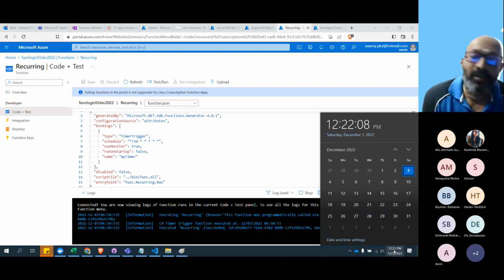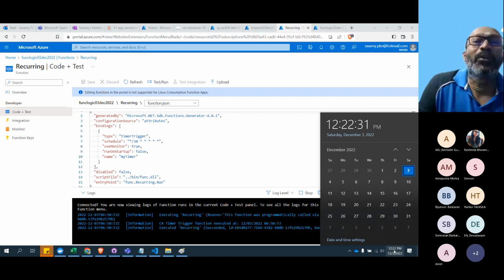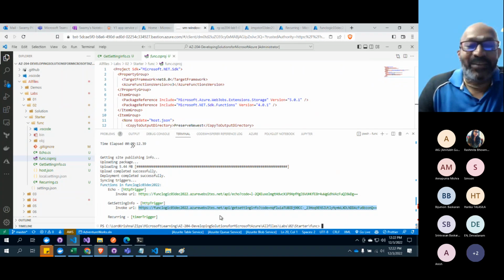Because that was local. We were able to test it on the local machine. See, this is the hosted environment. A timer triggered function will not work with the consumption plan. But I was amazed to see that, hey, this will not work. See this, 30 seconds have passed. See, I'll show you. That is what I told when we were starting it. It will not work. Let's come back to this.